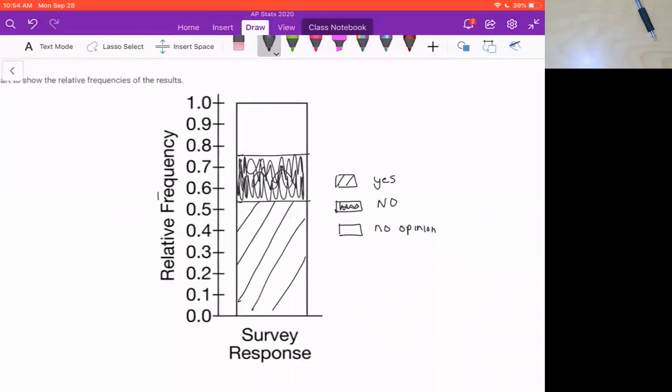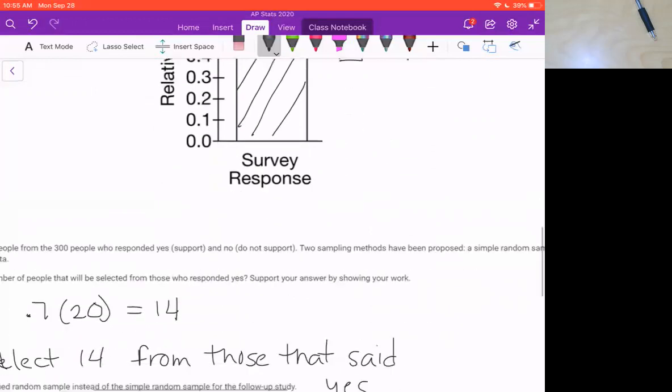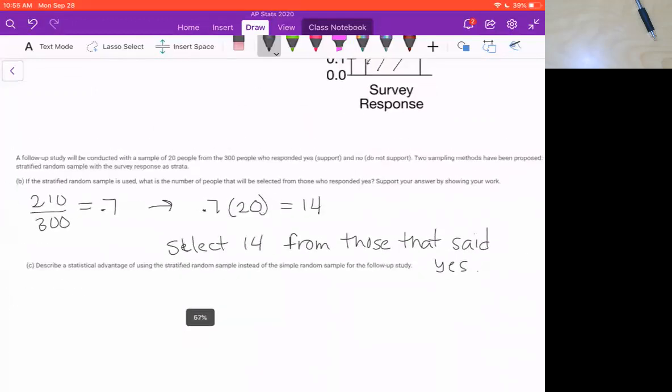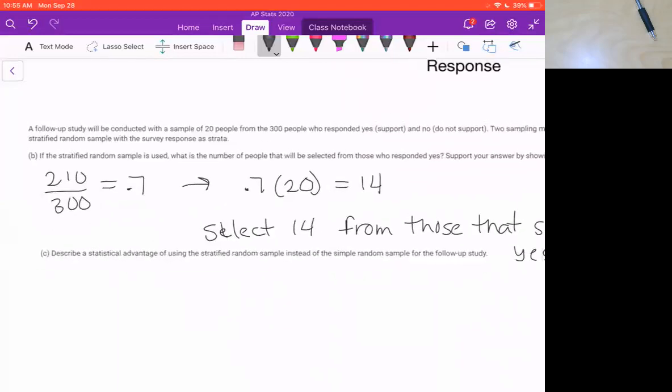Don't say things are normal unless you're literally talking about a normal curve. Things in stats are not normal unless you're specifically talking about a unimodal bell-shaped curve that we know follows a normal model. So normal doesn't mean it's not unusual. I know normal can mean that in other classes, but here it means something very specific. So just make sure you are using your words precisely, because I had a lot of the ones I've graded so far that said that.